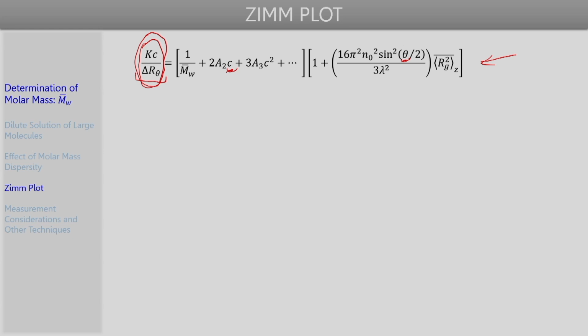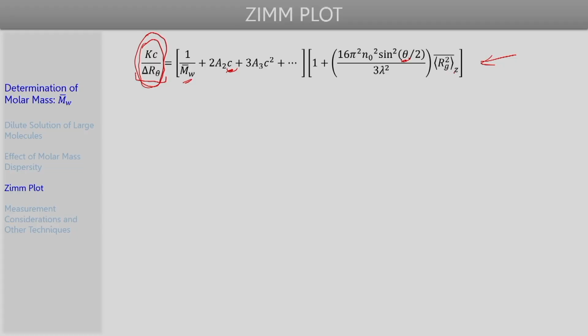Normally a 3D plot is what comes to mind if we want to plot this kind of scattering data. However, Zimm proposed a very elegant approach where the static light scattering data can be plotted on a 2D plot, and from that plot, upon appropriate extrapolations, different quantities such as MW bar, the Z average mean square radius of gyration, or even A2 can be obtained.